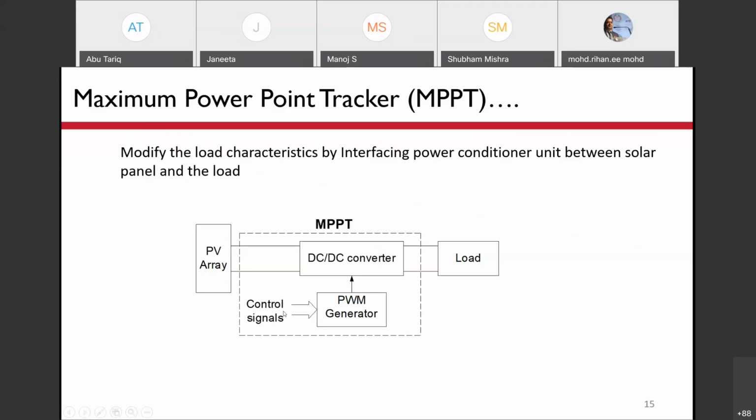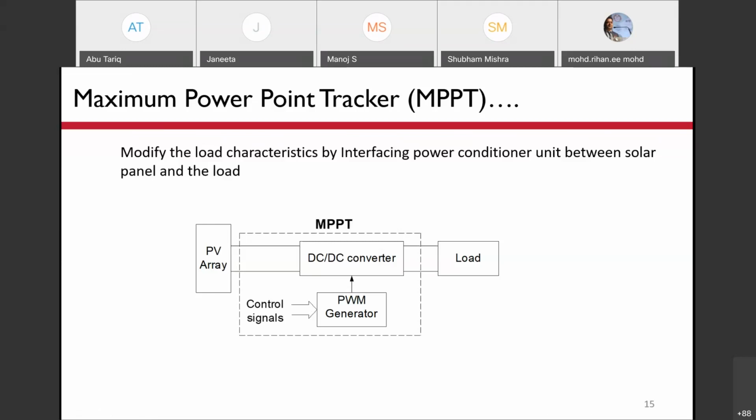One signal here should correspond to the maximum power point current at that particular insolation. The other signal should be from the actual current. If there is a mismatch between these two, the duty ratio will be altered till the actual current becomes equal to the maximum power point current at that particular time.